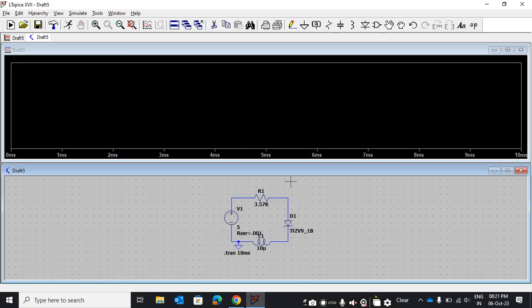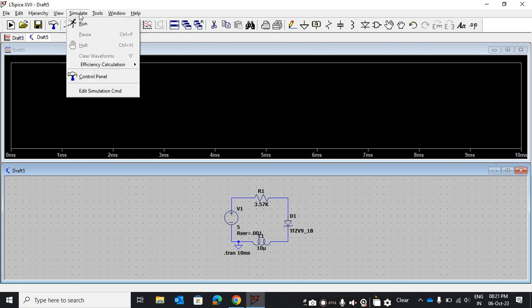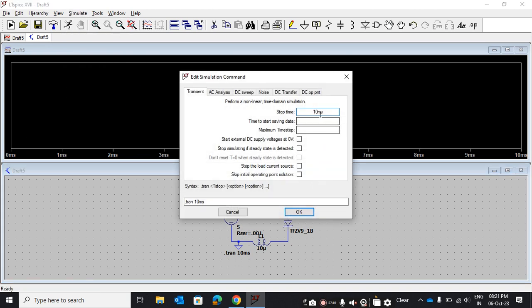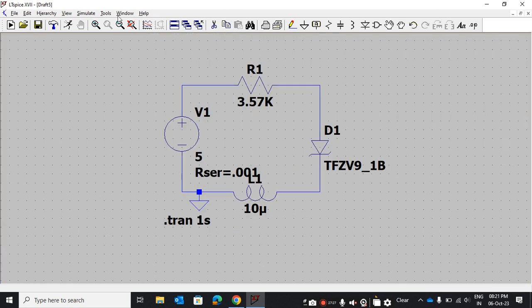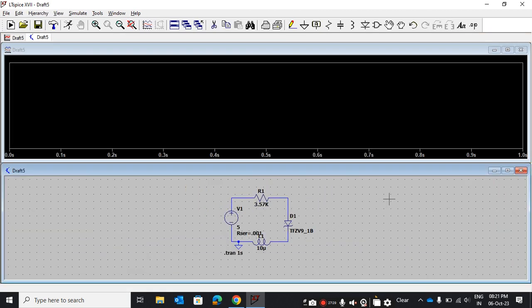We did the simulation. I forgot one thing to tell you. Go to simulation again. I put how long we want to run the simulation, which is 10 millisecond. If you put 1 second here in edit command, you will have to resimulate, then it will run up to 1 second.